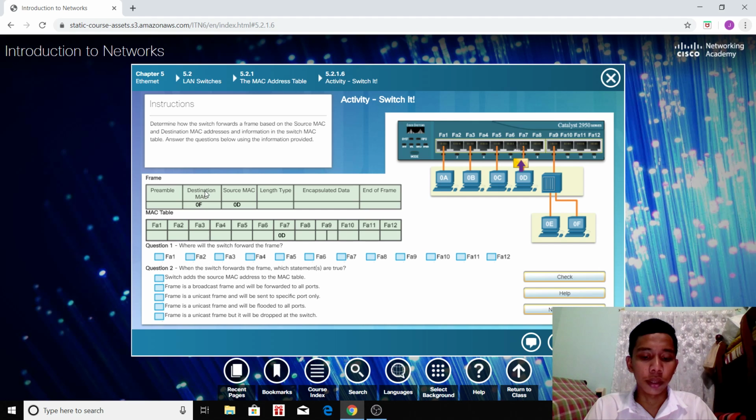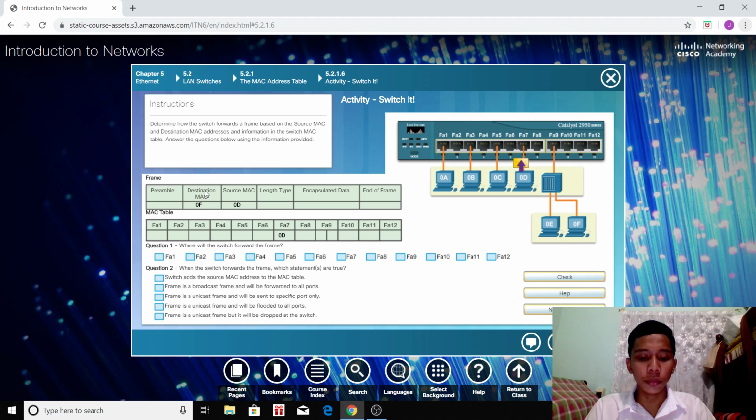The address in the frame is compared to the MAC address in the device. If there is a match, the device accepts the frame. It can be a unicast, multicast, or broadcast